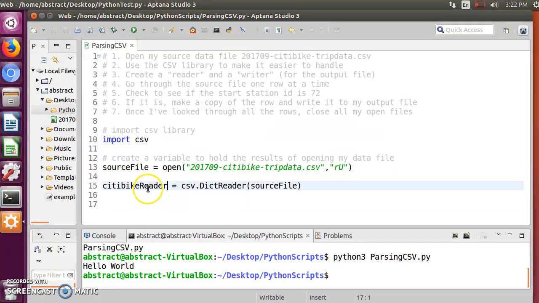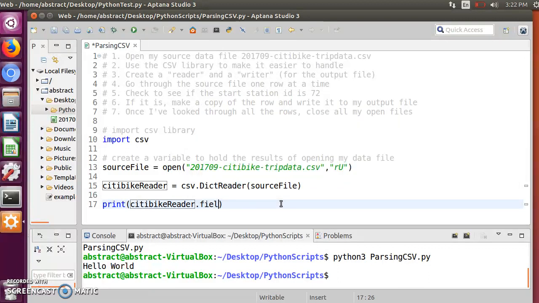So from here on out, we're going to work with the City Bike Reader data because it has transformed my original source data that I opened straight from my CSV. It's transformed it in much the same way that OpenRefine does, by taking that header row, keeping it available, but out of the way of the actual data. And I can test this because when it takes that header row out of the way, it gives it a label, and it labels it field names. And so I can check and see that this has worked correctly